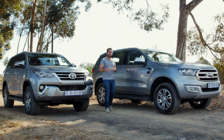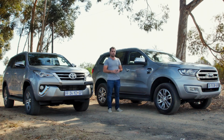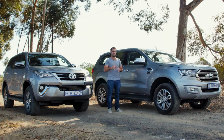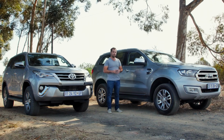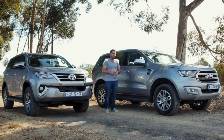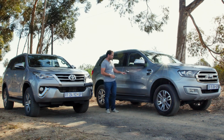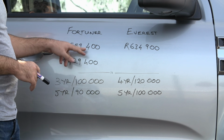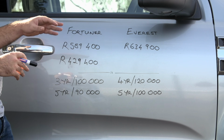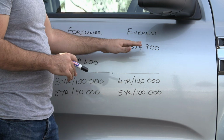Now, I'm sure you're interested in the pricing of these two vehicles, and normally we would use the Cars.co.za board of important things, but my colleagues nailed that to the walls at our new offices. And so I've been forced to improvise. This Fortuner, the 4x4 Auto 2.8, will set you back 589,400 Rand. That's 45,000 Rand less than this Ford Everest XLT, which comes in at